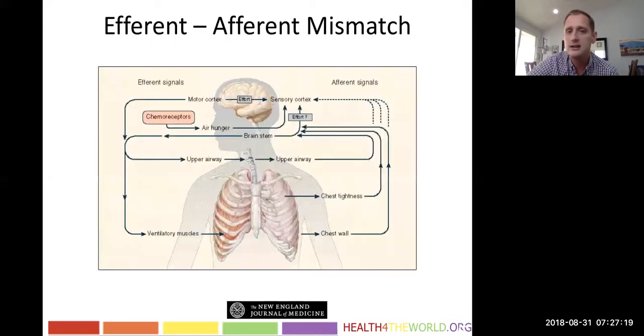However, and here's just a little bit more, are you able to see that? I know the text might be a little small. So in this loop of the chemoreceptors, of the patient's effort, of the baroreceptors in the airway, of the muscle